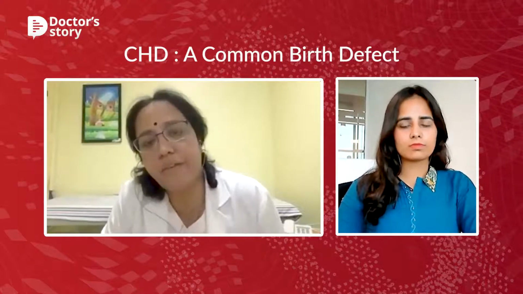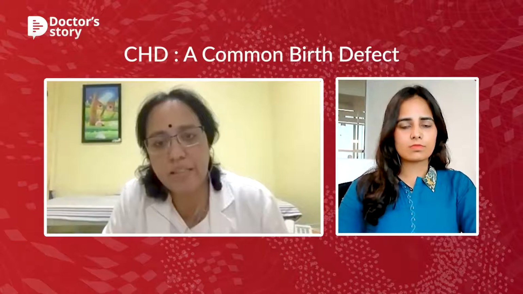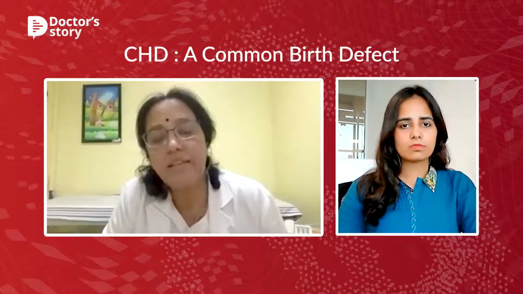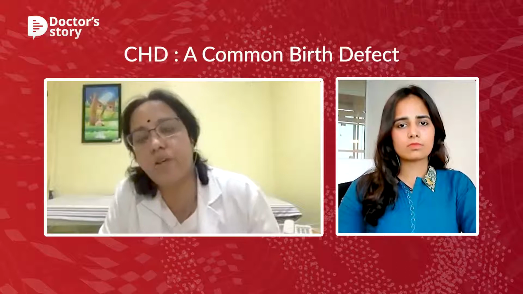But if there is a family history of heart disease, suppose it's a mother who has already been treated for a congenital heart disease, the risk of her having a baby with congenital heart disease is much higher. With the first child affected, if the mother is going to have another child, the risk is certainly higher than what she started off with. So if the risk was 1% to start with, if there is a sibling with heart disease, it goes up to 3 to 4%. A very common one is trisomy 21, or Down syndrome.